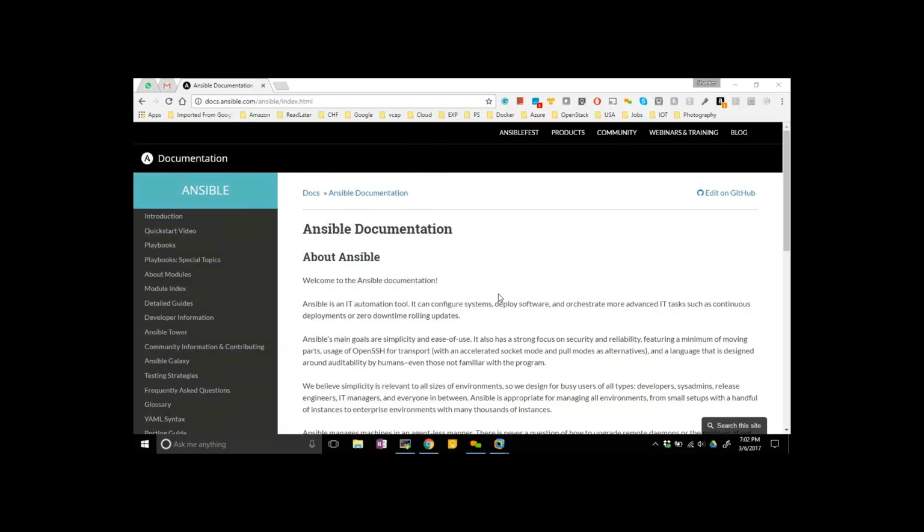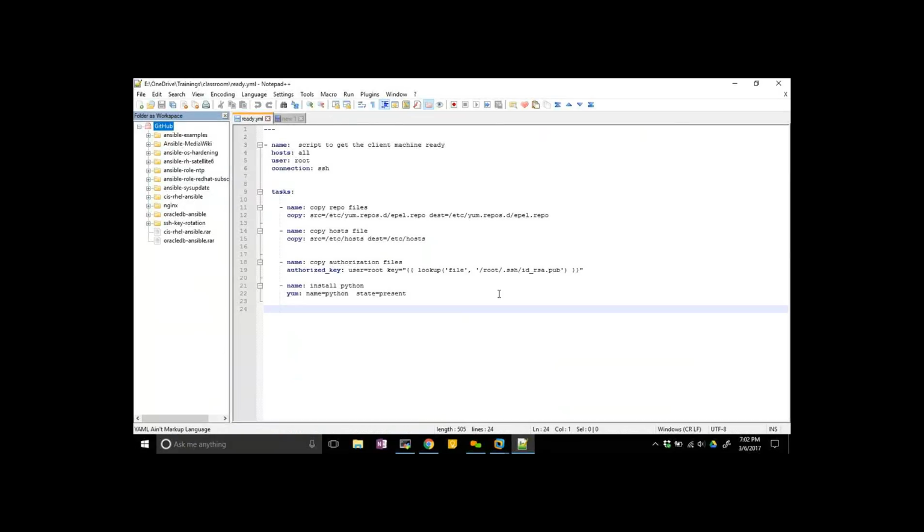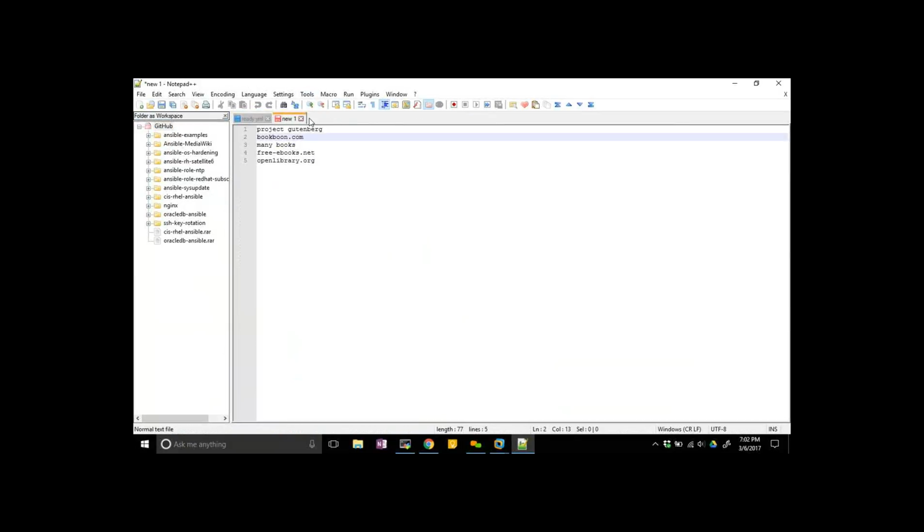So today I'm going to cover how to write an Ansible script, an Ansible playbook. Till last class we saw how to configure your Ansible, what the default configuration file is, what the default inventory is, and how to use your Ansible command. In this current session, I'm going to teach you how to write a small script to install a web server, and we'll host a website on one of the servers.